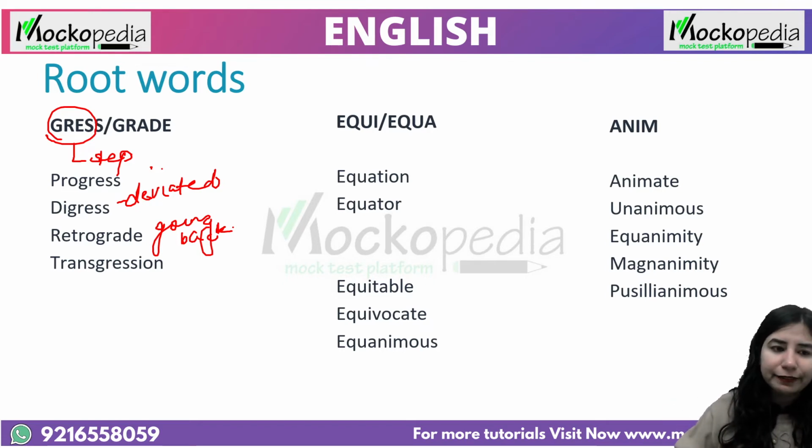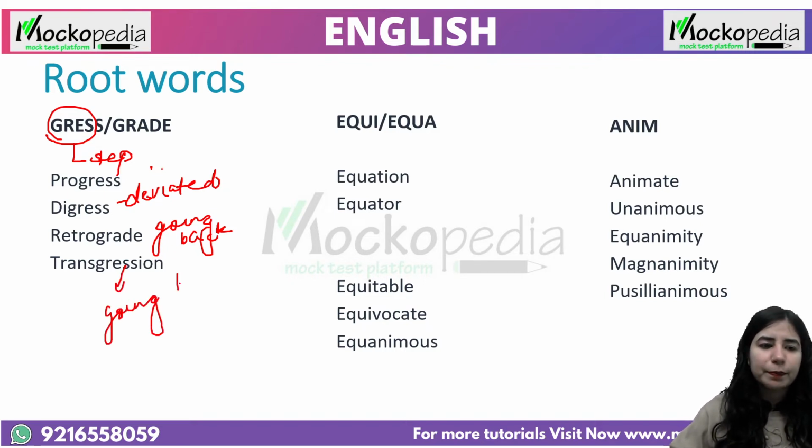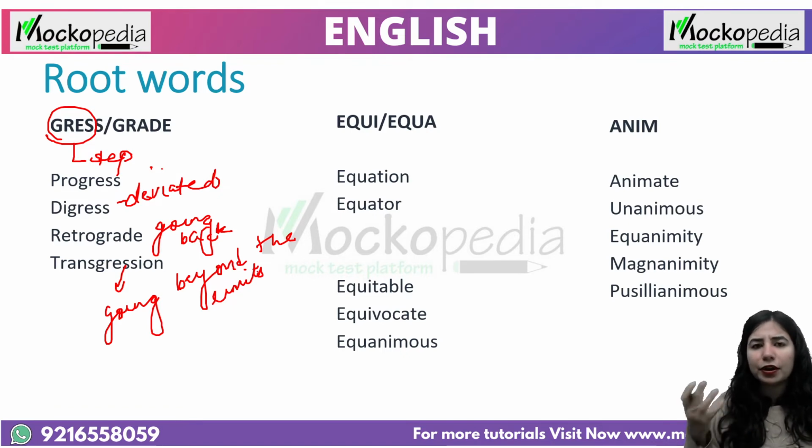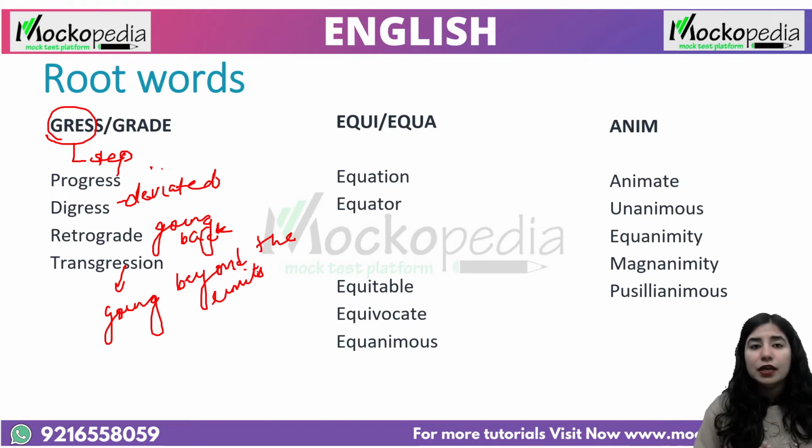Now, just relating it well. Transgression is that you're going beyond the limits set by the society, which are considered to be acceptable, right? Whatever society is considering morally acceptable, you're going beyond that. So you are transgressing. That's where you use the term transgression. So this might be slightly new to you.